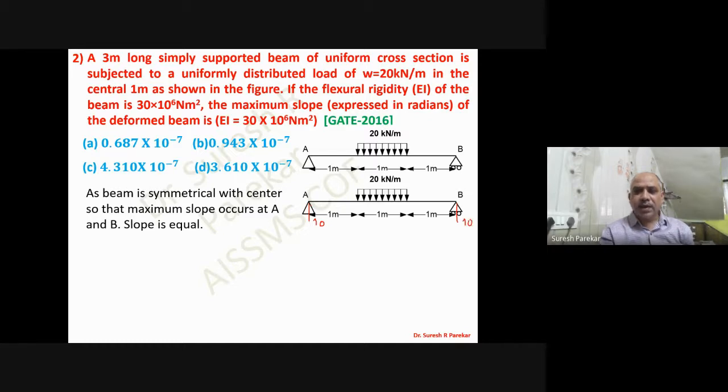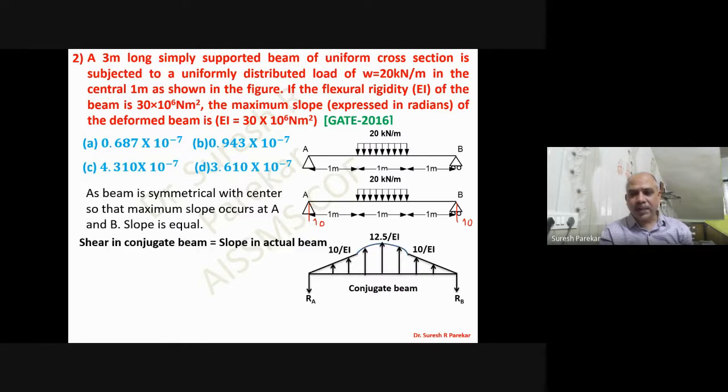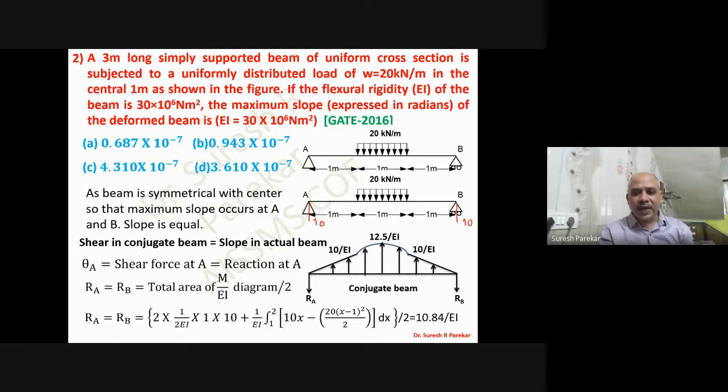And then we will go for the conjugate beam diagrams, and we know shear in the conjugate beam will give the slope over here, so we can find the area under this. How will we find the area under this? You can see this. First this triangle, so we have 2 times 1/2 into 1 into 10, and second we are going to take x from the start, and then you can have this equation. So we have 10x minus 20 into this distance, now we have x minus 1, so wx square by 2.